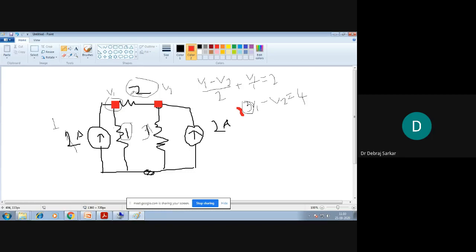You'll see this would be 5 ohm. Even just by looking at it, you will get something like 5. So you will have plus 5 V2. You have minus V1 plus 5 V2 equal to, whatever, 2 amperes or something like that. So you see this 3 is the self admittance for the node V1, 5 is the self admittance for node V2.